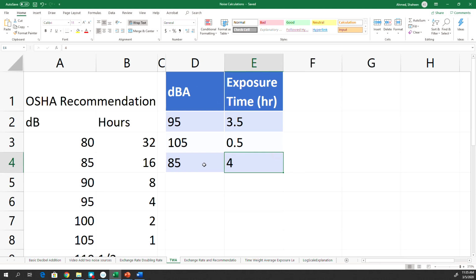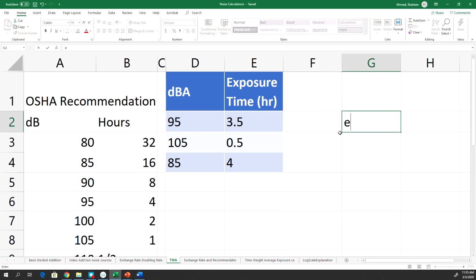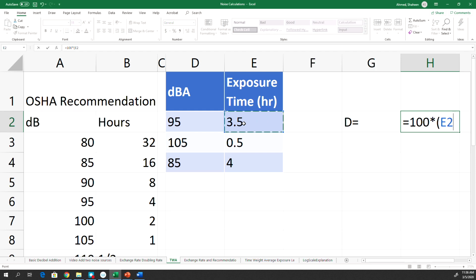I have already copied all the data. So let's find out the D first. We need to calculate D to get the time weighted exposure limit. The formula for D is equal to 100 times parentheses, then the time exposed, which is 3.5 hours for that 95 decibel exposure, divided by the permitted time at that level of noise,